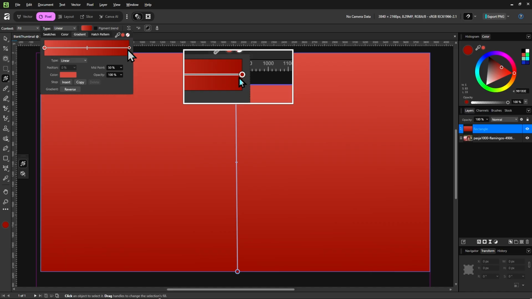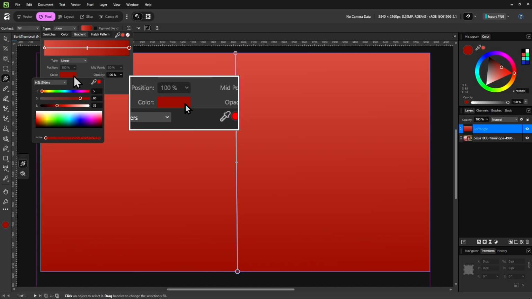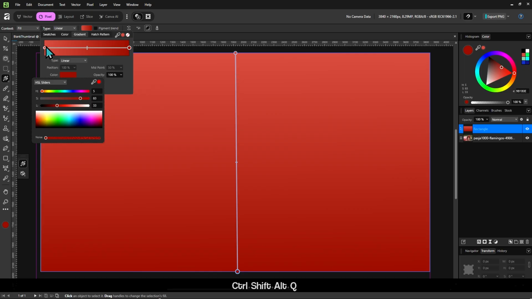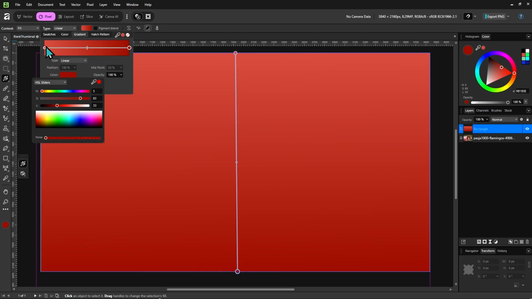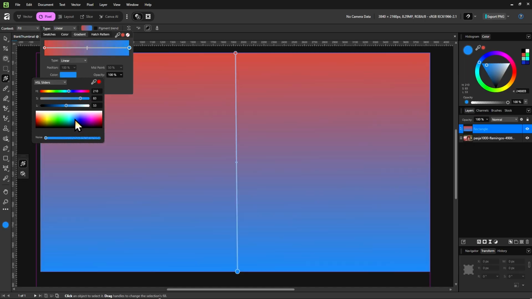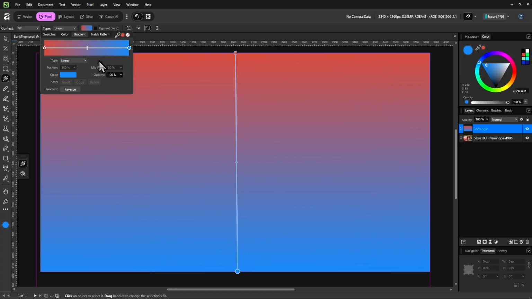And these stops, they are basically the colors that are in the gradient. Once we click one of these stops, we can actually change their color in here. So the other stop here is already red. I want the other to be blue, so let's do just that. Yep. See that? I think this gradient is oddly satisfying.